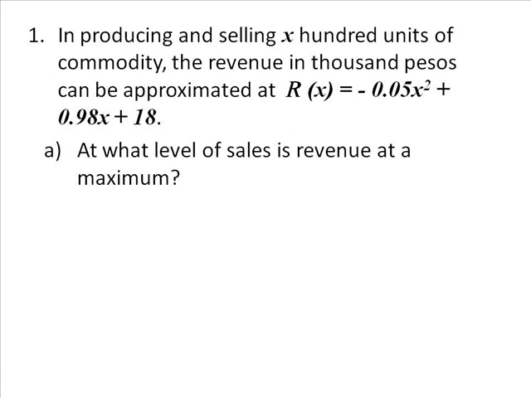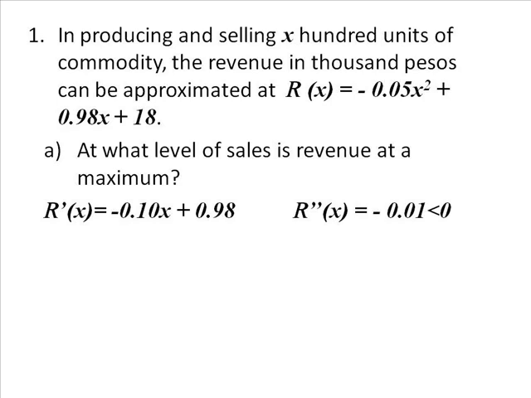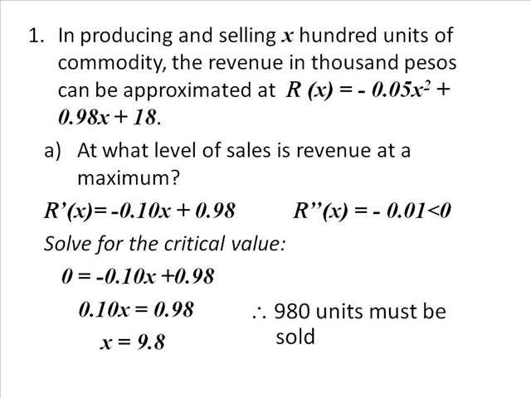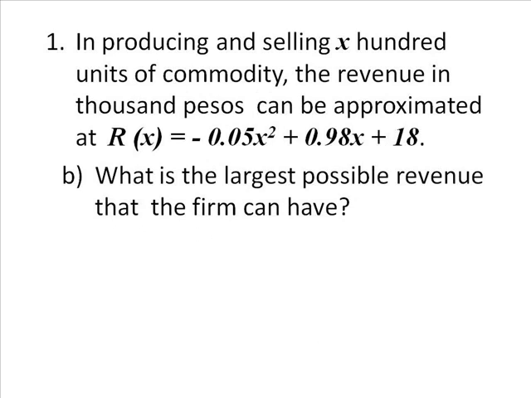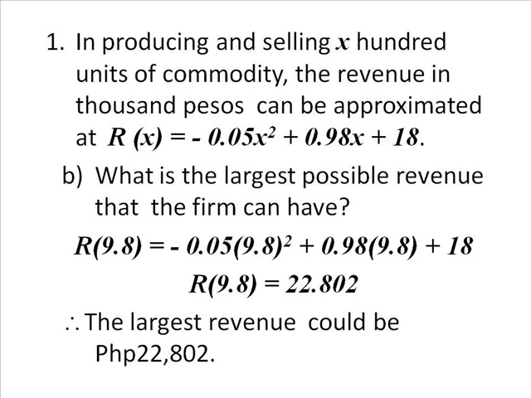To answer the first question, we have to take the first derivative of the revenue function as well as the second derivative. We use the first derivative to solve for the critical value. By equating the first derivative to 0, we were able to solve x as 9.8, which means 980 units must be sold. For the second question, to determine the largest possible revenue that the firm can have, we simply evaluate the revenue function by substituting the solved critical value to it. From here, we were able to solve that the largest revenue could be